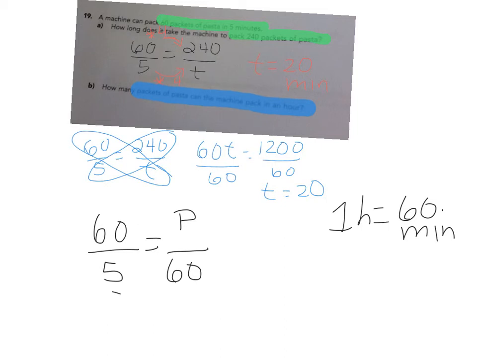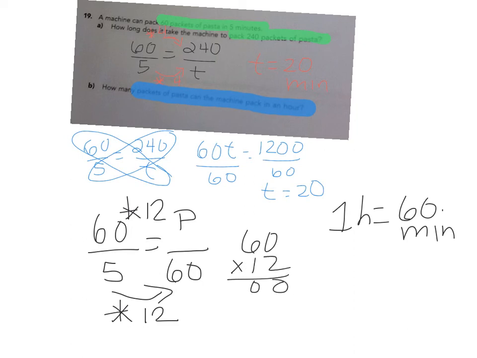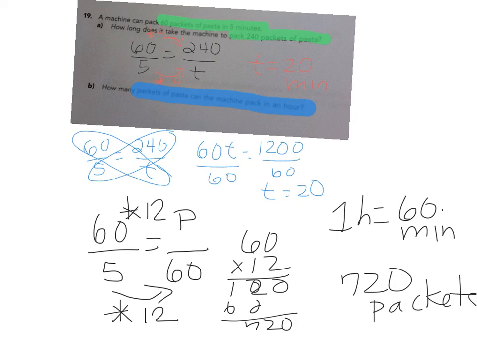To get from 5 to 60, I multiplied by 12, and whatever I do on the bottom, I'm going to do on the top. So I'm going to do 60 times 12, and 60 times 12. Sorry, my handwriting's atrocious, is 720 packets. Again, if I wanted to solve it a different way, if I want to do my 60